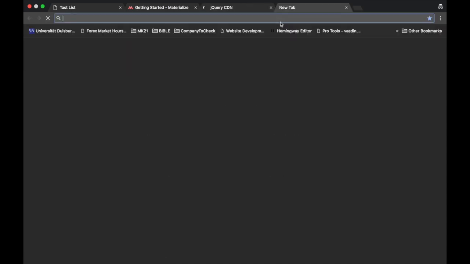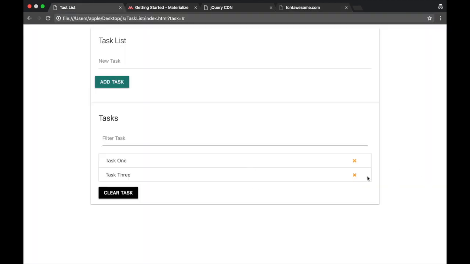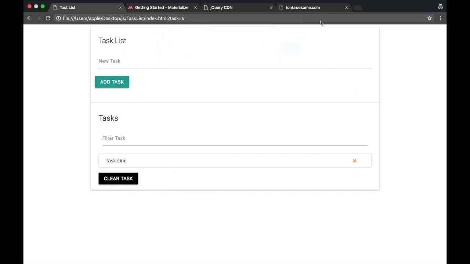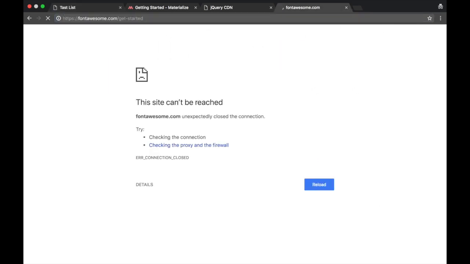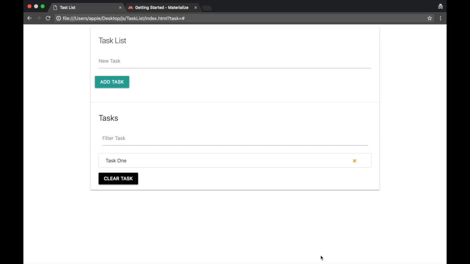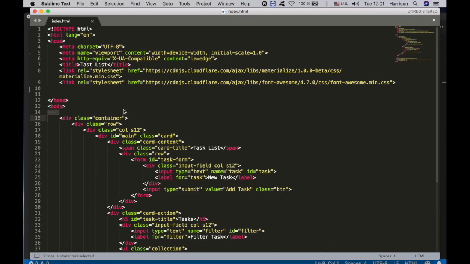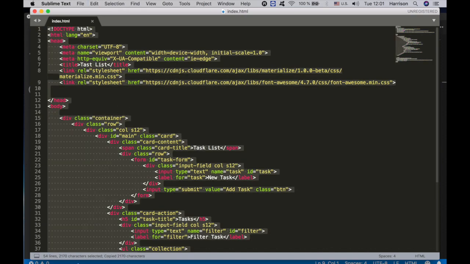CDN, and also we're going to use a font option, for the little icon to delete a task. Okay, so we're going to use the font option. I don't know why this is not working right. Okay, anyway, let me forget about that. So instead of trying to reinvent the code, let me just copy this code and explain what happened. Just copy this raw HTML,